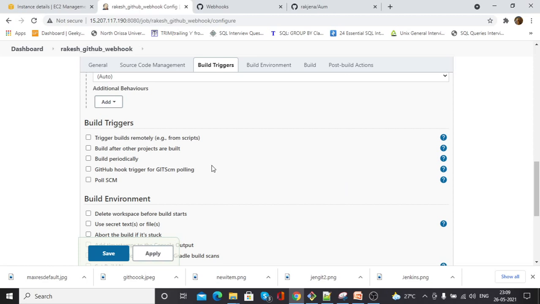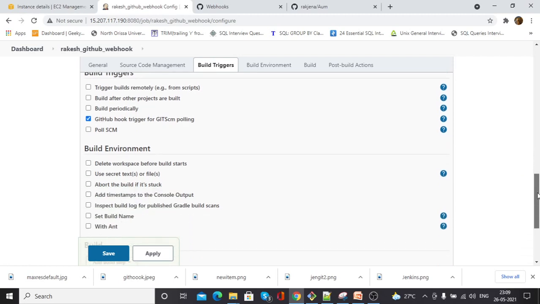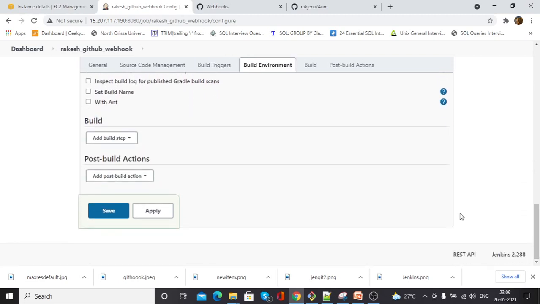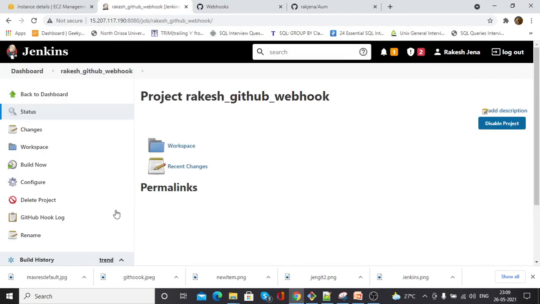Here we need to choose GitHub hook trigger for GITScm polling. Then apply and save. Yes, so the project name is Rakesh_GitHub_webhook.